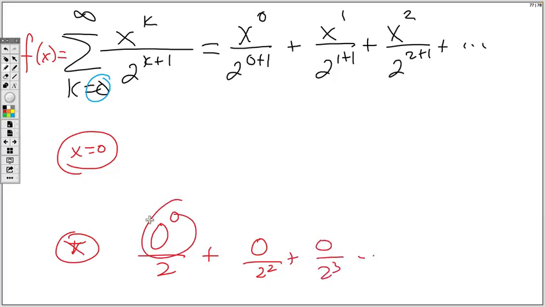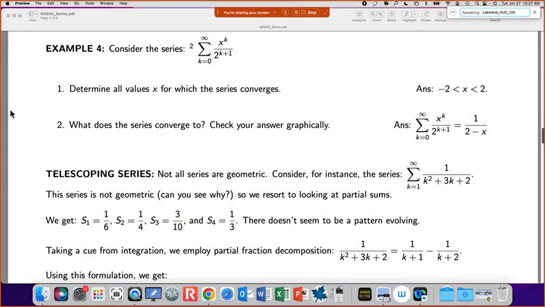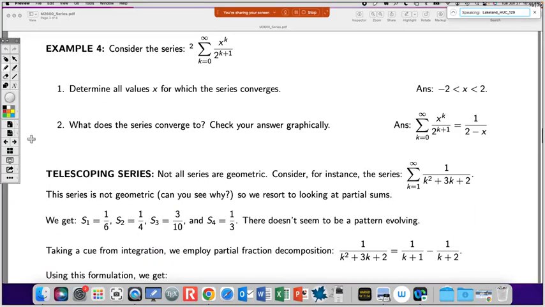Zero to the 0, typically, you've seen it as an indeterminate form where there's limits involved. You follow? In this particular case, it's not like we're taking a limit as x is going to 0. We're plugging 0 in. We're going to define this, in this particular case, to always be 1. You follow? So regardless of what x is, when you see that 0 power there,